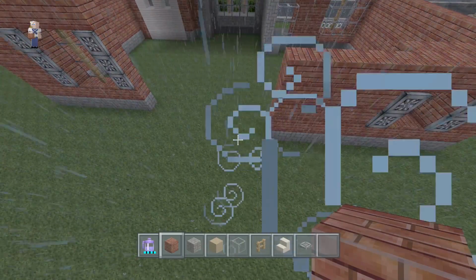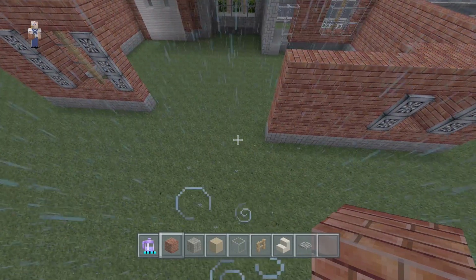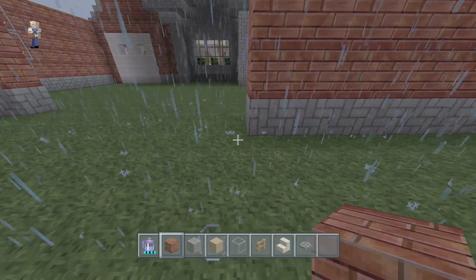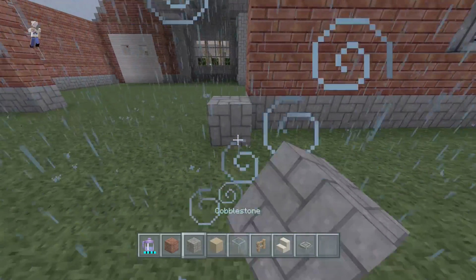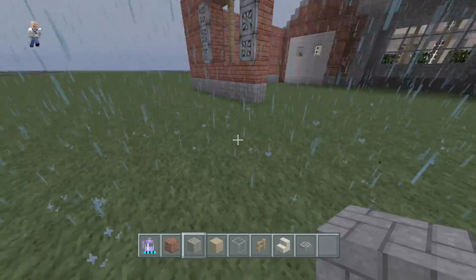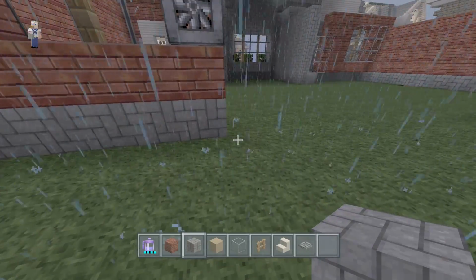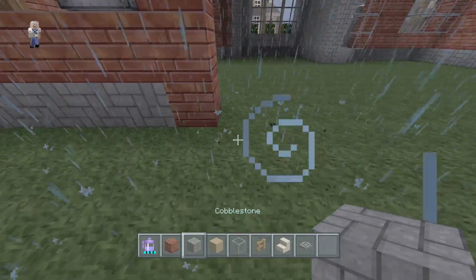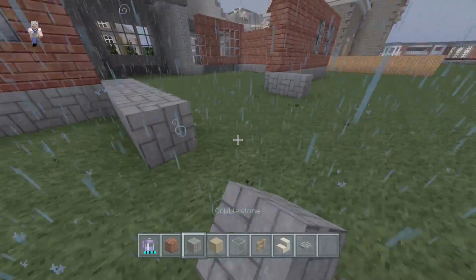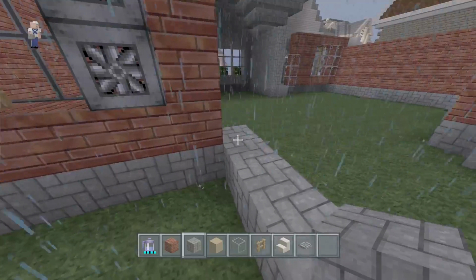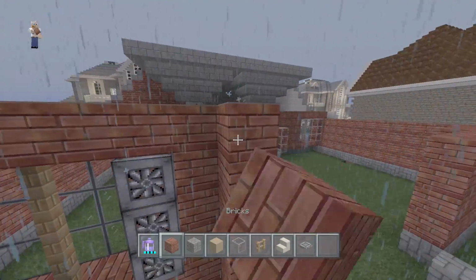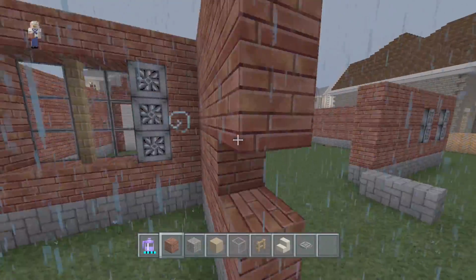Okay, now everything here in between, what we want to do is we're going to turn this, right? And we're going to turn it with our cobblestone about 1, 2 blocks. And we're going to turn this one, same thing. Maybe we want 1 more layer of brick here. And we're going to turn this with our cobblestone. We want them to be even now. So, let's make sure they're even. So this is going to be a solid wall turning. Just like this.